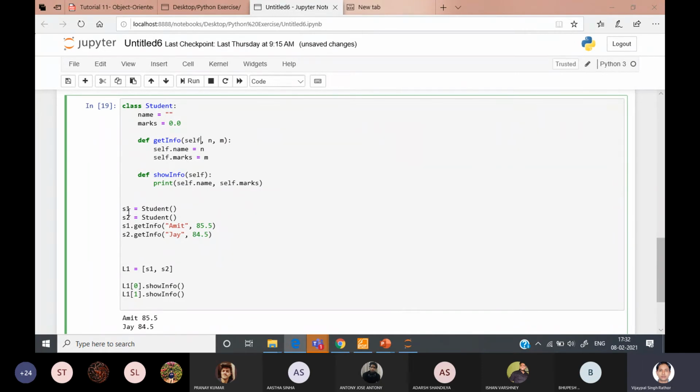Here you can see S1 को हम कॉल कर रहे हैं, we are calling this get information with the S1, then this self argument will automatically be treated as S1. If I'm calling this get information function with S2, then self will be automatically treated as S2. So instead of self, you can write S2 or assume it as S2. So S2 dot name, S2 dot marks, so automatically the location of S2 will be used. Okay, so self will work as the current calling object.